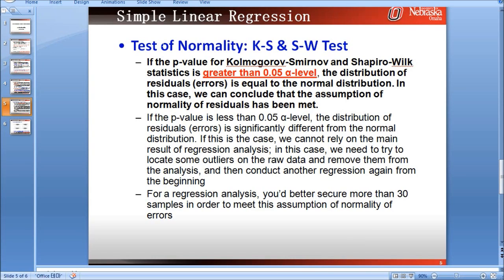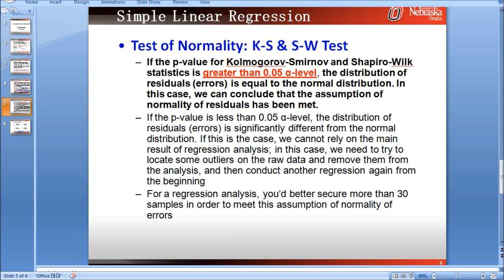Please recall your memory about the Levene test. A p-value greater than 0.05 alpha level indicates the assumption of equality of variances has been satisfied, right?